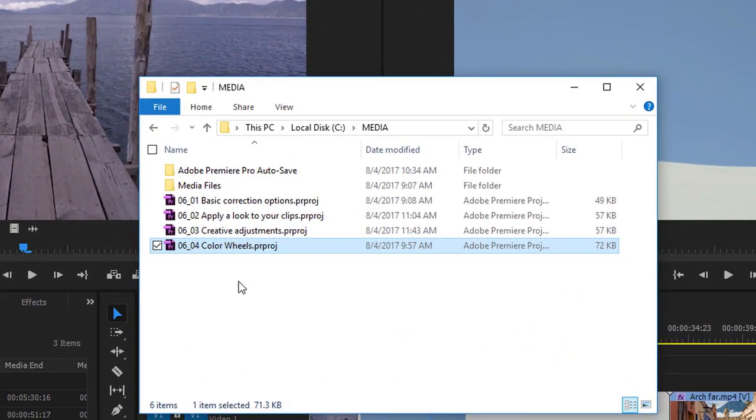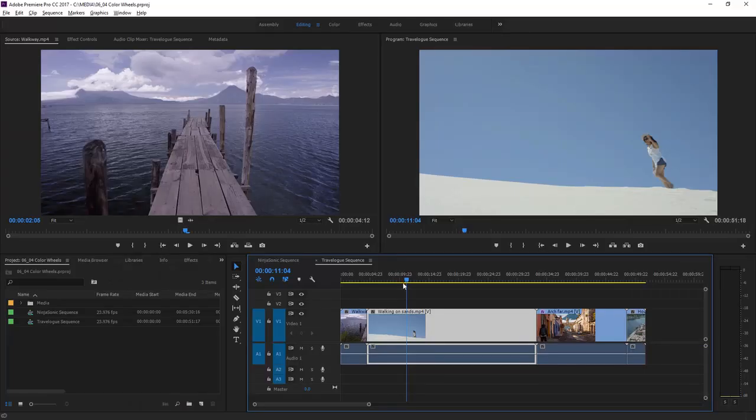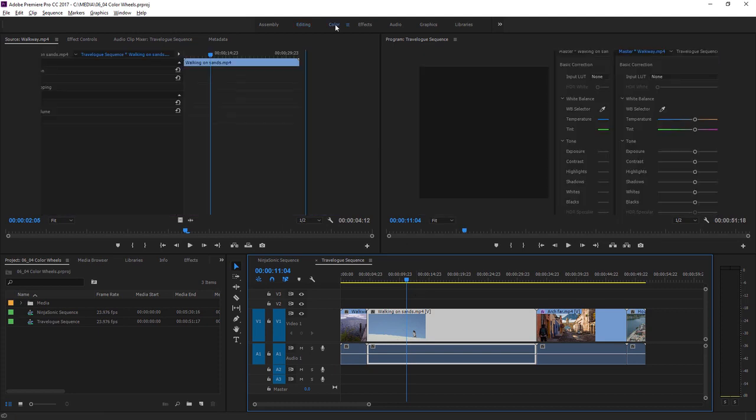Double-click on the project file to open it in Premiere Pro. Color wheels allow you to make color adjustments to just the dark or the light areas of an image. The extra control can help you fix more subtle problems in clips and add more nuance to a look you're creating. Let's try it. I'm switching to the Color workspace,